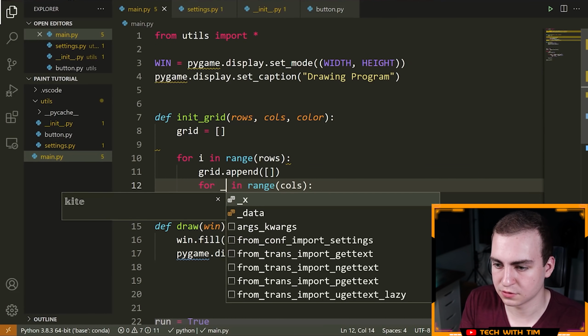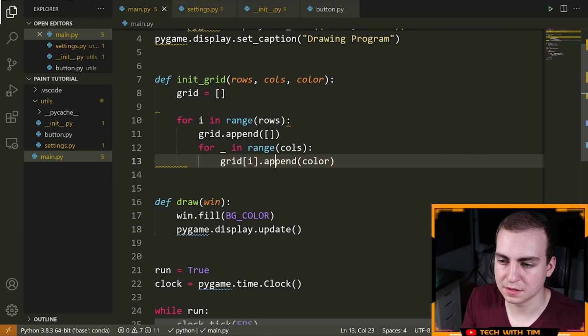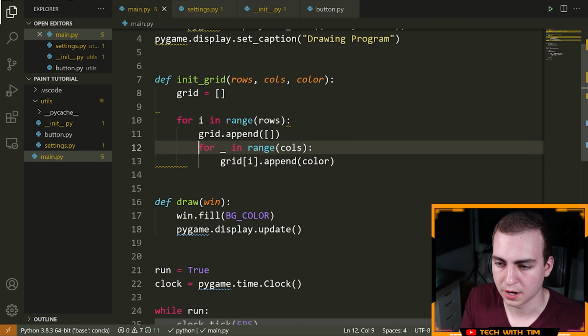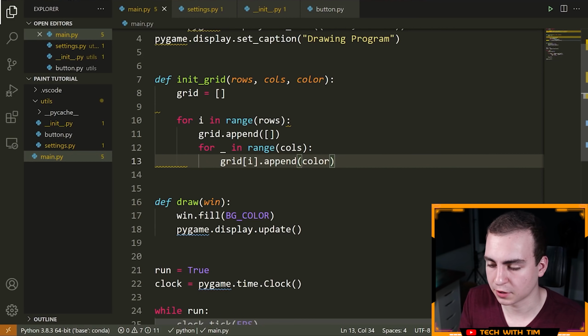And I can actually put an underscore here. We don't need the j variable. Another instructive moment here, if you haven't seen this before: in a for loop, if you don't need the variable that you're using for the iterator, you can just replace it with an underscore, and the for loop will still loop the appropriate number of times. You just won't have any errors or warnings saying, hey, you haven't used this variable.